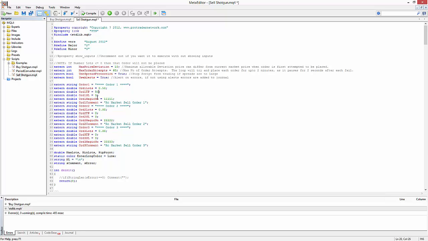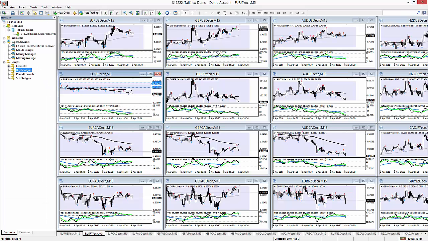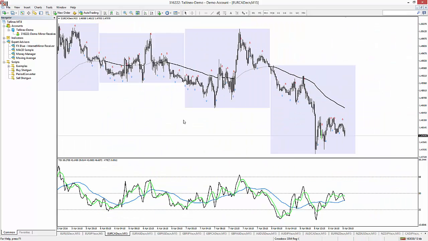So let's set 50, and we'll go 50, and then we'll compile here. Okay, and then we're going to get out of this editor. And so what will happen is, if I'm looking at a scalp trade and I see a setup and it doesn't require a pending order, and I'm looking here, let's say at this inside bar, and I get this signal and I want to fire off a trade, I will hit the sell shotgun, and it'll instantly throw my trade in